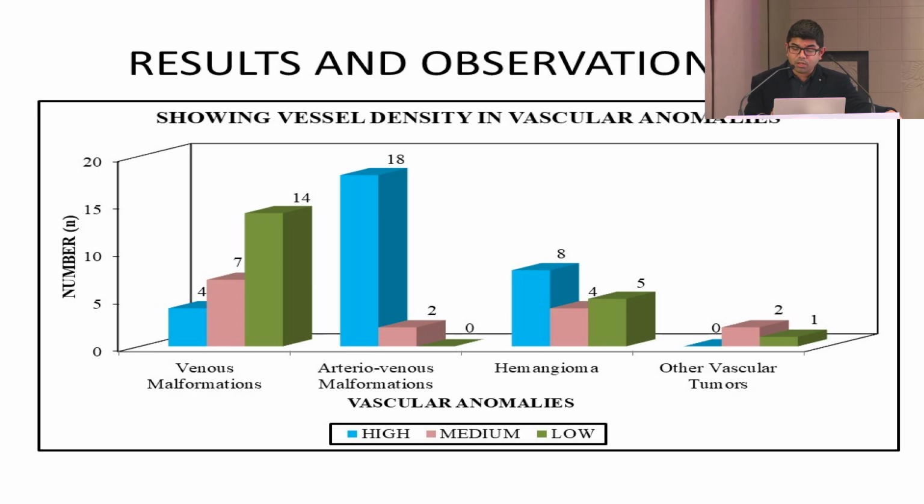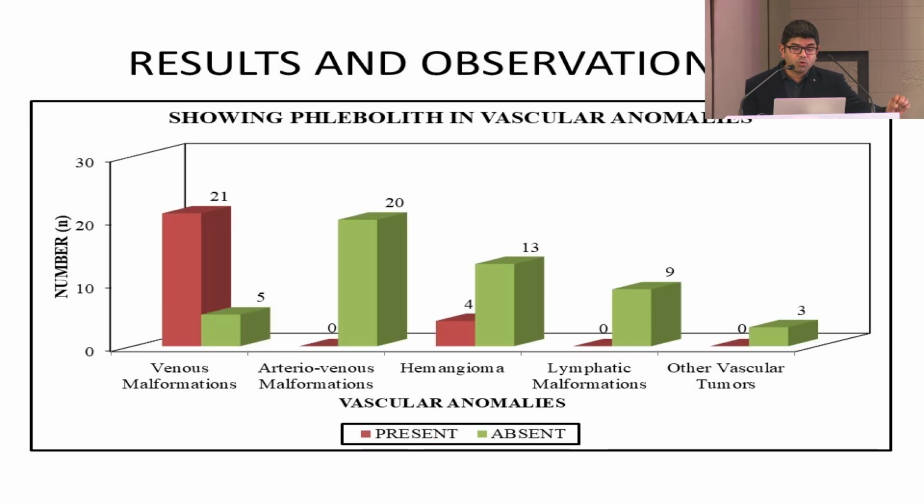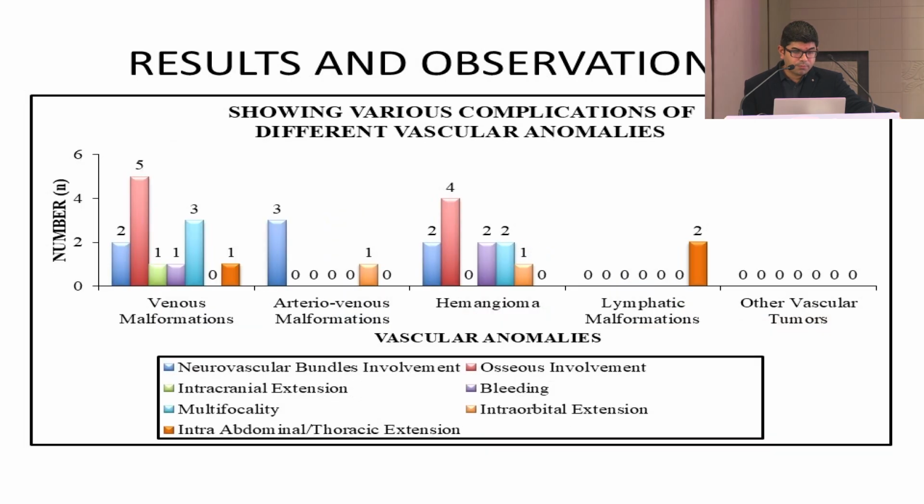So hemangiomas in a proliferating phase have a high vascular flow, while AVMs will definitely have a high vessel density. A tuft of vessels, we can see the nidus, everything, and venous malformation will not have any arterial flow, of course. So there will be only vascular channels. Phleboliths are a sign of slow flow, so they are present either in hemangiomas or in venous malformations, not seen in others.